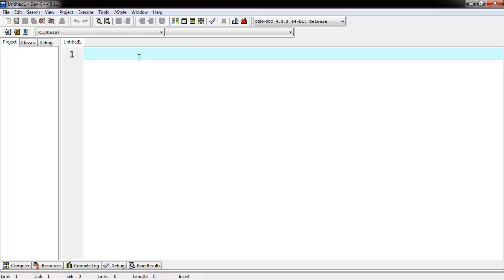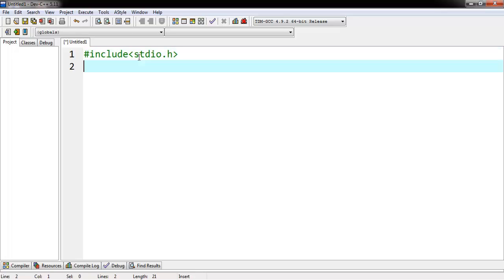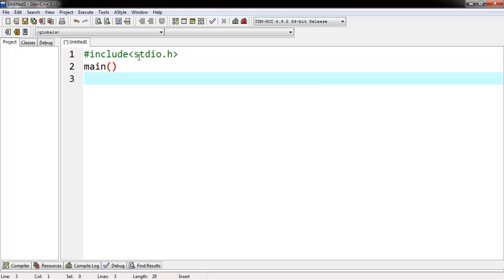First write #include <stdio.h>. .h is the header file. stdio's full form is standard input and output. Then write main and brackets. Then give the second bracket, and